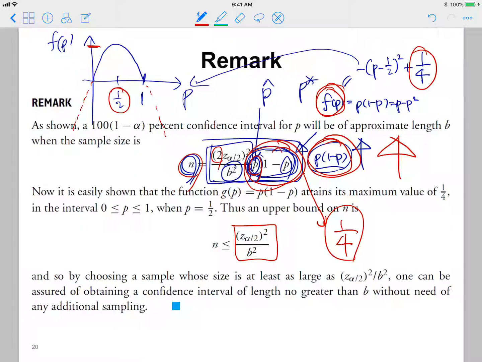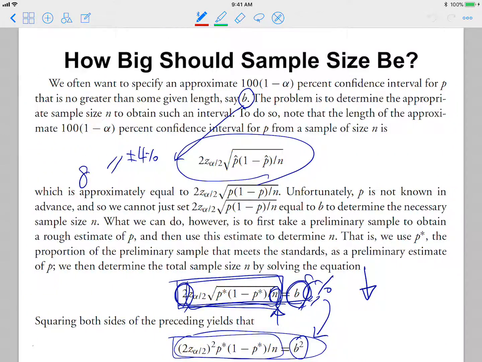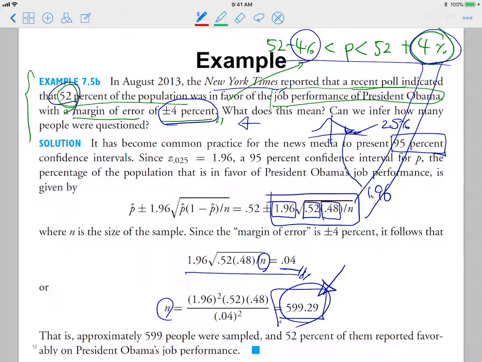Okay, so that is a good question. The question is, what is the difference between p hat and p star? Yeah, so p hat